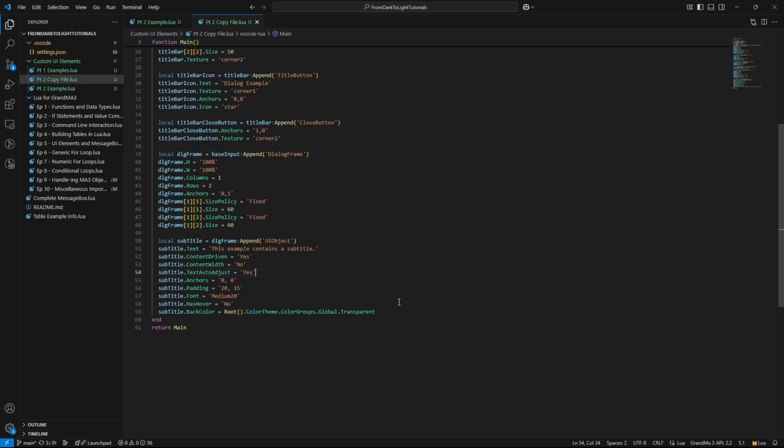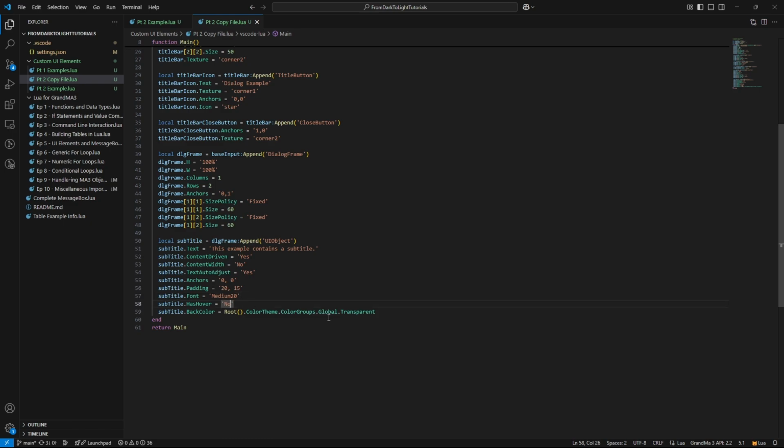And so what I believe this is, is top and bottom and then left and right. I haven't actually fully confirmed that, but you can adjust it to your liking. And then it has the font set, and there aren't a lot of options for fonts, but you will be able to find them in the MA3 folders on your computer.